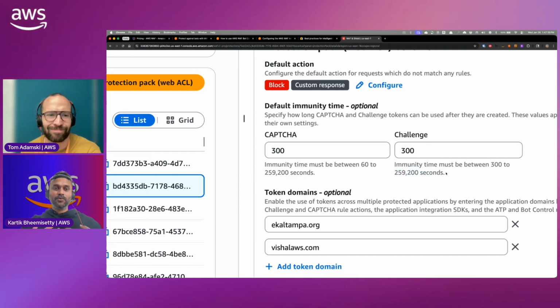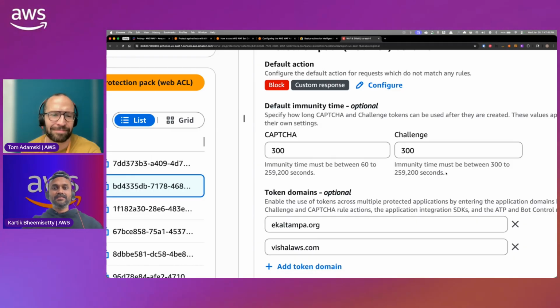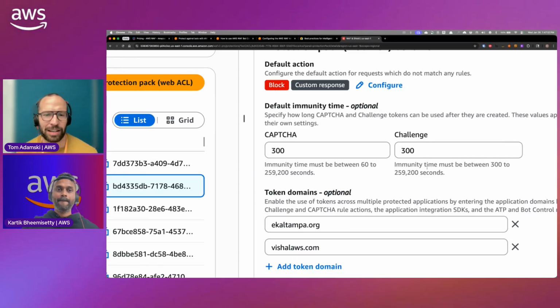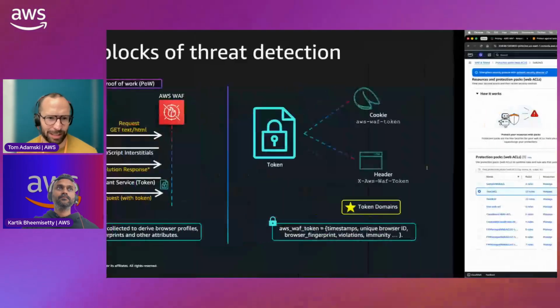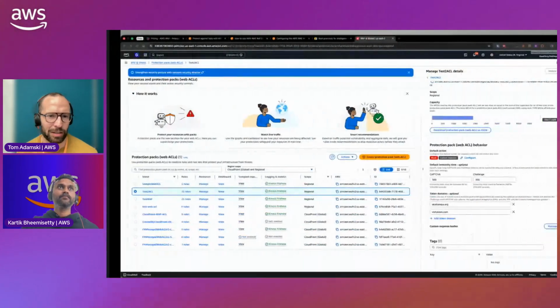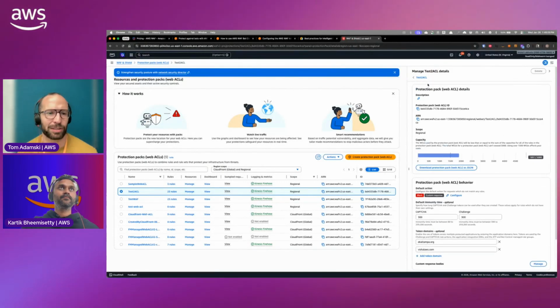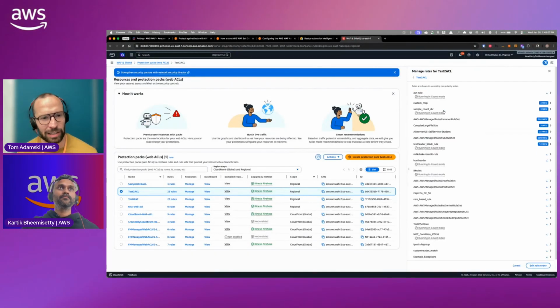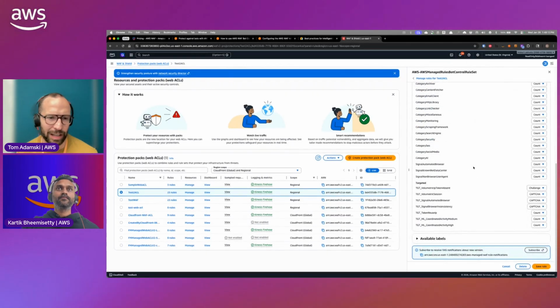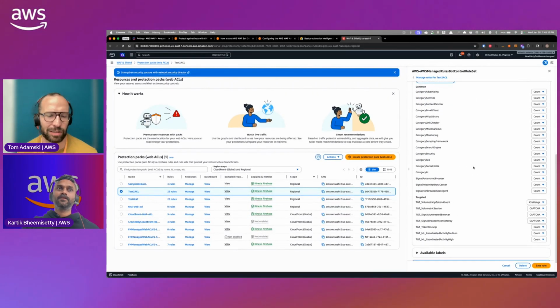For example, if someone gets a token, I can take that particular token, ingest it in my request, and then access your application. So you decide what immunity time you want to allow. I guess as an attacker, if I have a botnet that's super dumb and can't do JavaScript or CAPTCHAs, but I myself go into the page, resolve the CAPTCHA, grab the WAF token, and give it to all of my bots, and that token is valid for 3 days, those bots are going to be able to operate for 3 days as if they're valid, right?